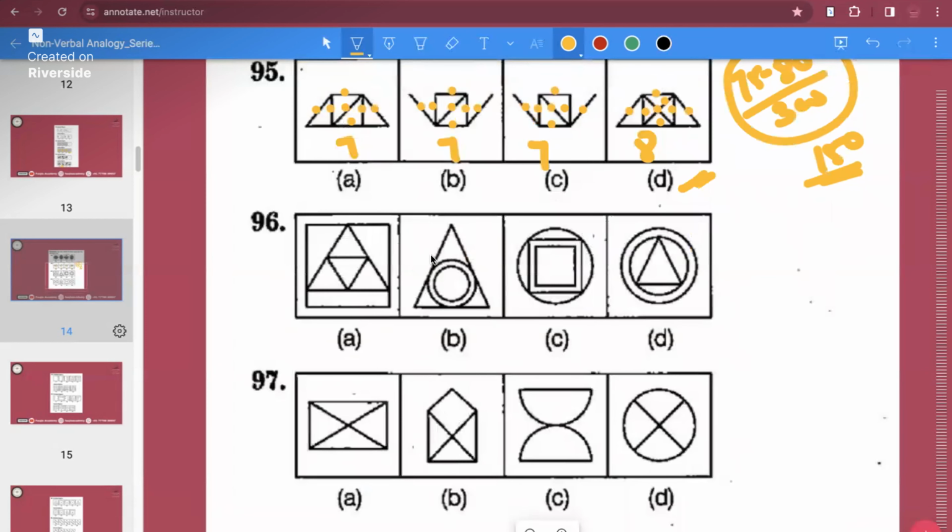Ready for disputes? A or D? Yeah, B and C won't be the answer. Everybody knows it. A or D? Yes, sir. Sure. Look carefully, guys. Look carefully. Sir, option D. Yes, okay. Option D is your correct answer, not option A. Why? Because